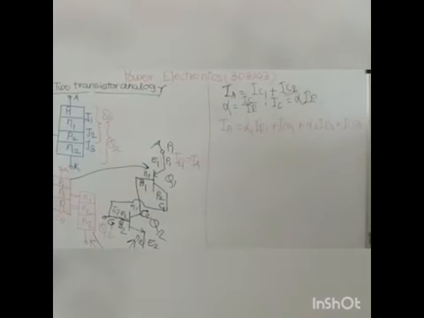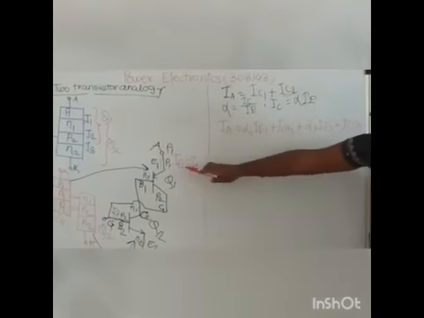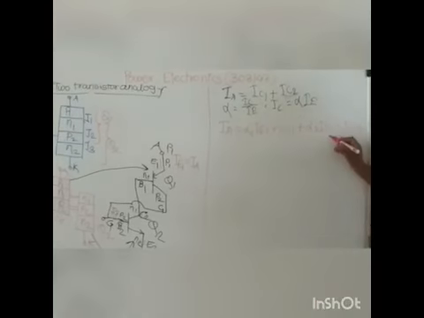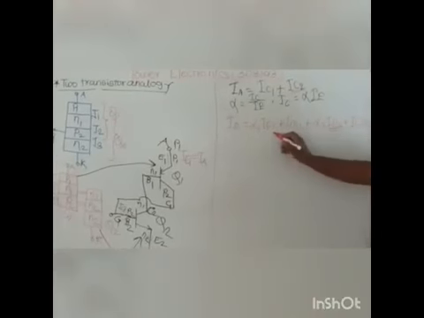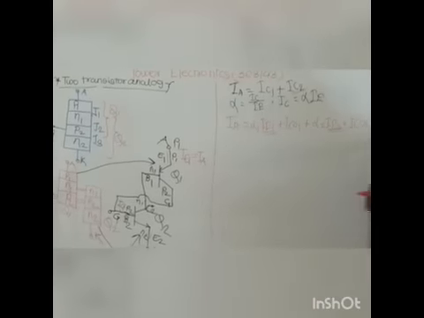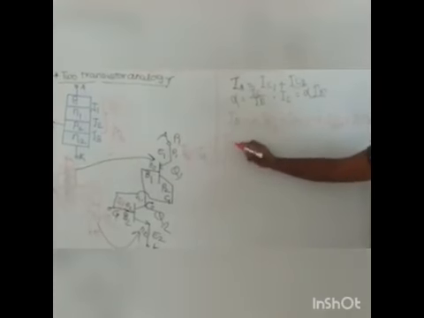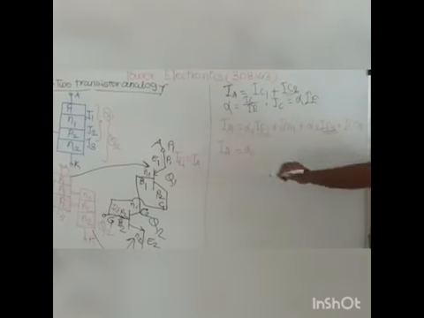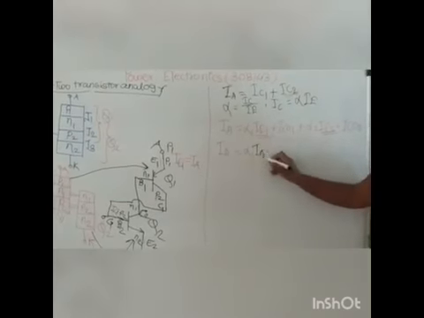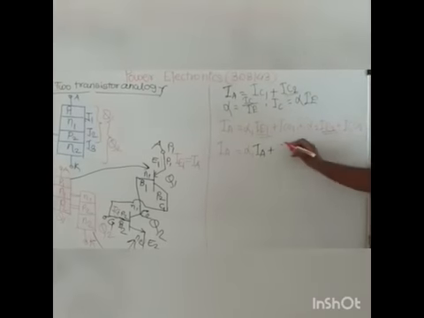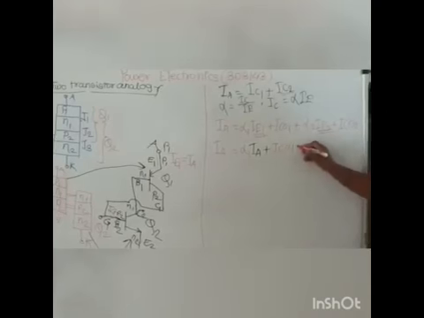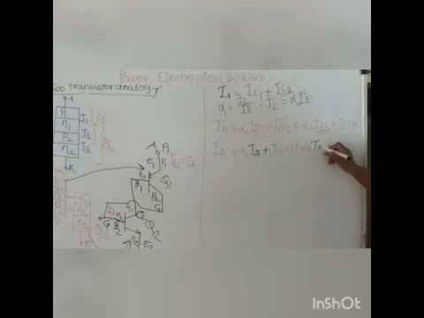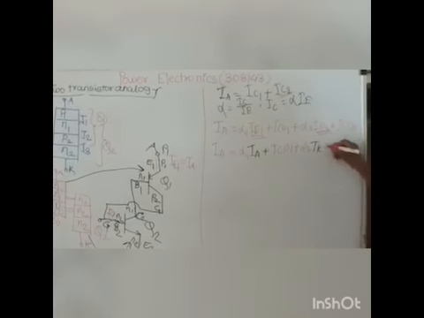Now we learned that emitter current IE1 is equal to IA and IK is equal to IE2. Put these values for IE2 and IE1 and we will get the equation for anode current. IA is equal to alpha 1 times IE1, which is nothing but IA, plus ICO1, plus alpha 2 times IE2, which is nothing but IK, plus